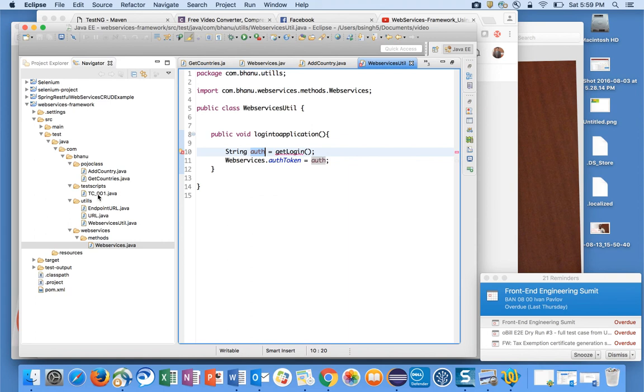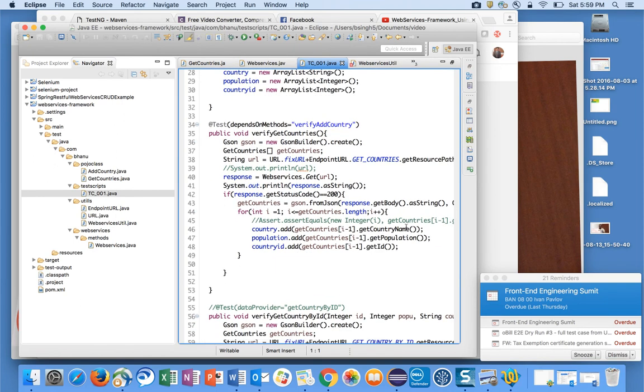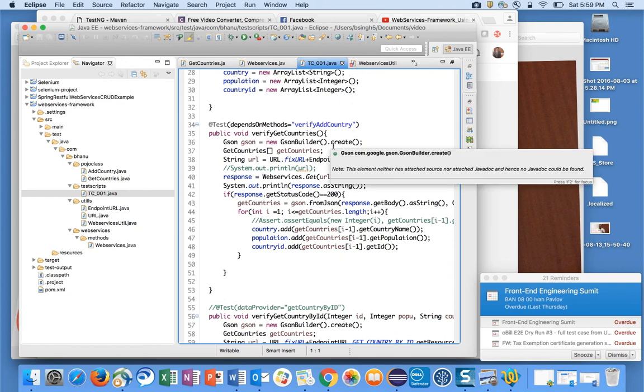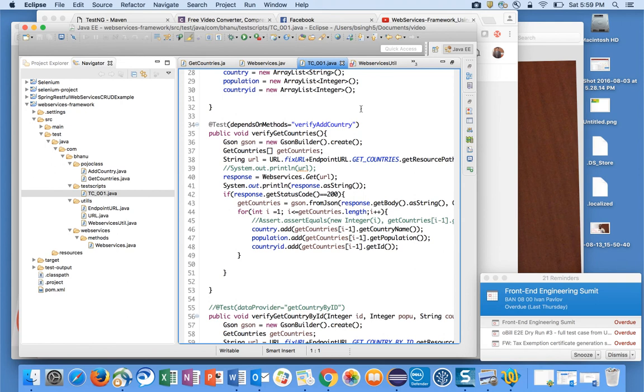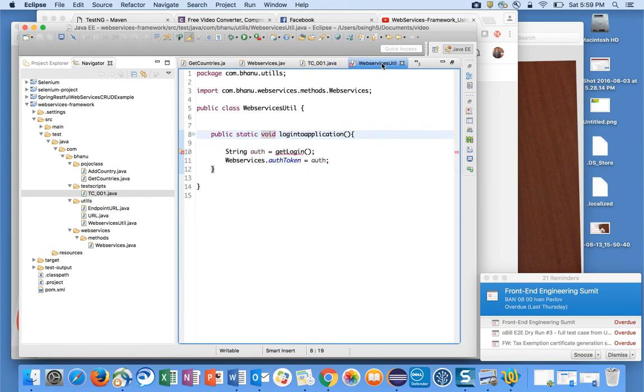Now going forward, what you have to do is, public, you can make this as a static, right? So going forward, let's say in your test you have to supply the authorizations, right? So before calling any other test, first you call the login, so that your authorizations will be initialized.